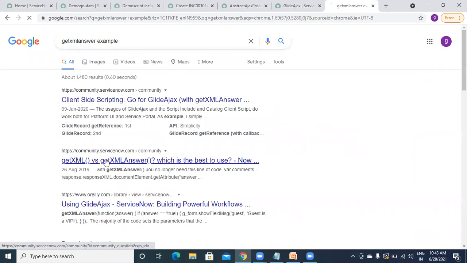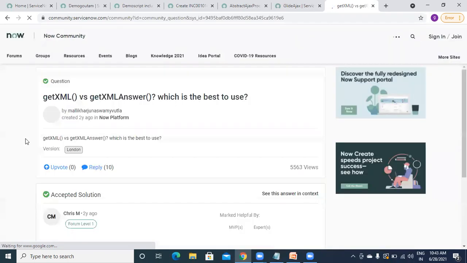So here is the difference they were asking. This is a common interview question, so they will surely ask you what the difference between these is. Okay.